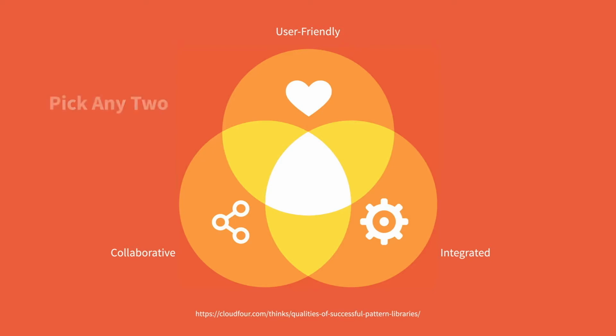Now, Tyler, in writing the article, said you should pick any 2 and do really, really well at those 2, because if you do, then you can be successful. What he didn't say is that it's really hard to do all 3, and that the integrated part is the hardest part. When we talk to clients, they'd oftentimes decide that they didn't want to take that on.